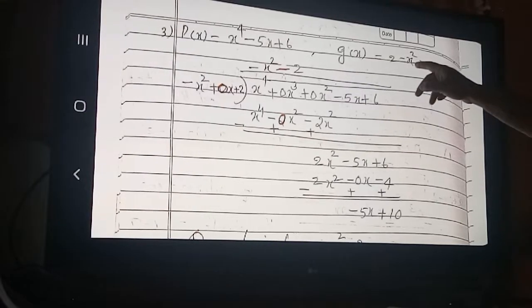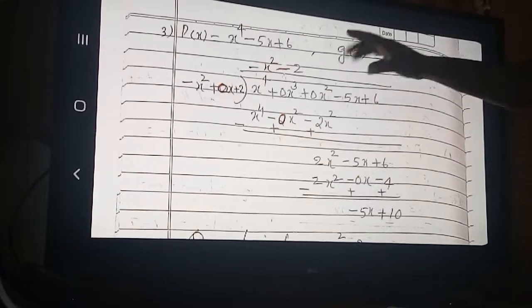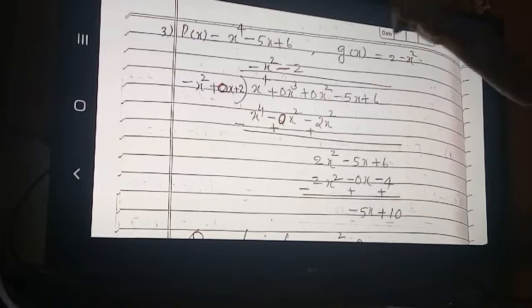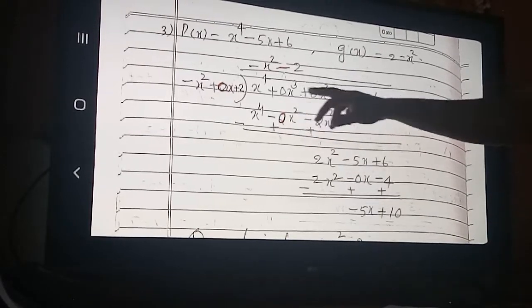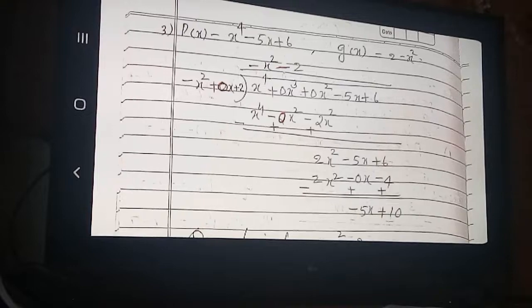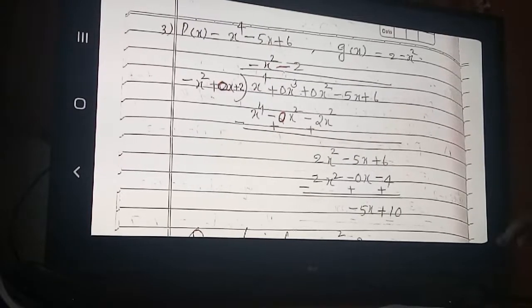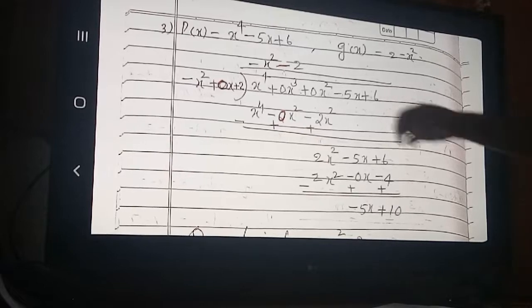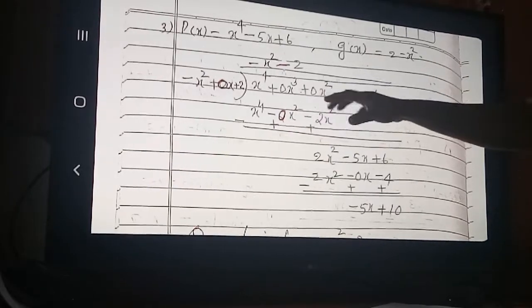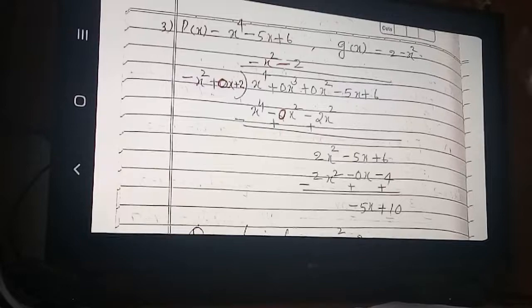And here also write the x square term first, so that is the highest index. Then the x term, then the constant term. Okay, written in the same order. Then as usual you divide. Some of the students can do it without putting 0 also. But the usual way is easy for you, because some students do not know it properly without putting zeros. So it is the best method.